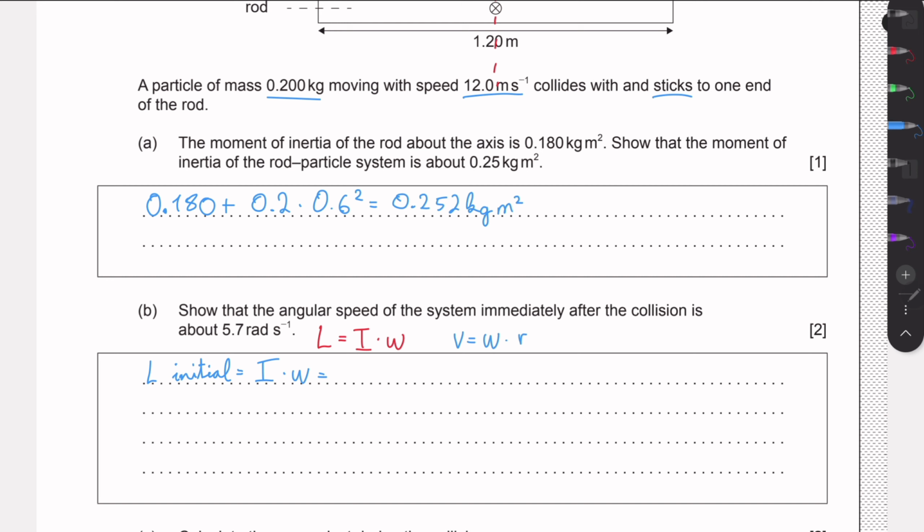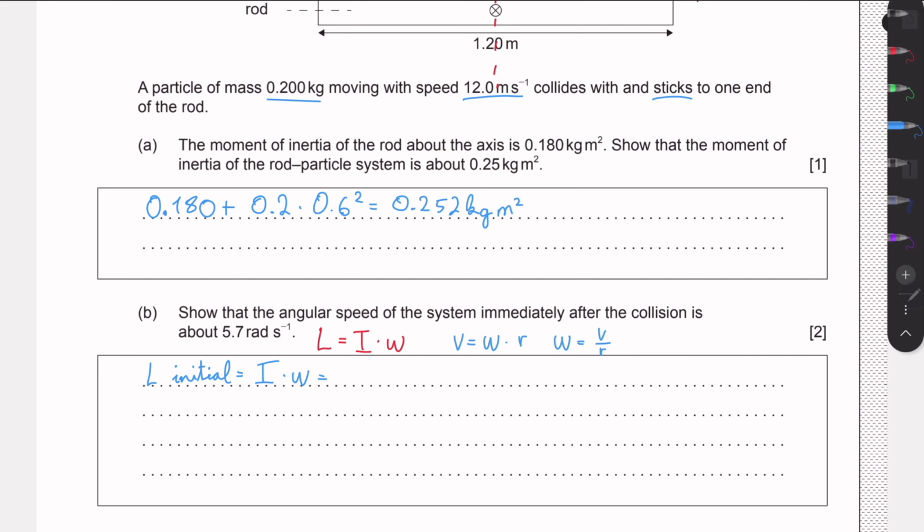This isn't necessarily in this topic. I think it might be in some waves topics or some circular motion topics, but it's important to remember this formula. So we see that angular speed is just the velocity over the radius from the axis. And well, we know that